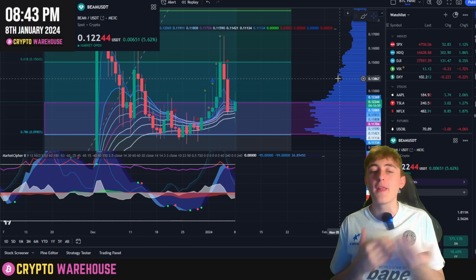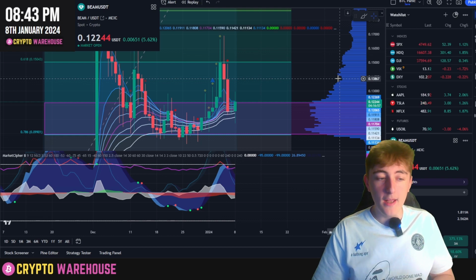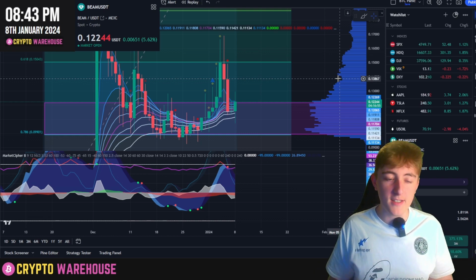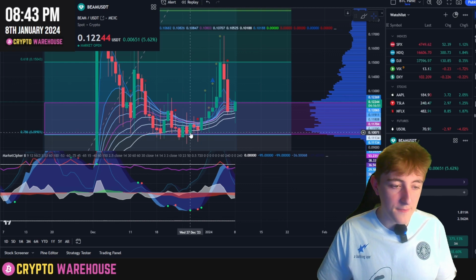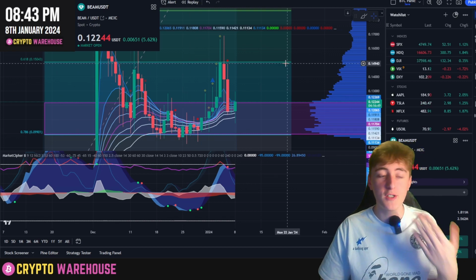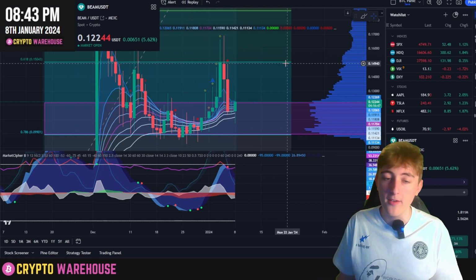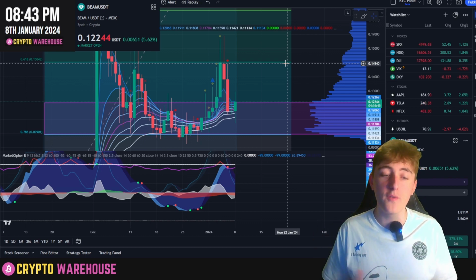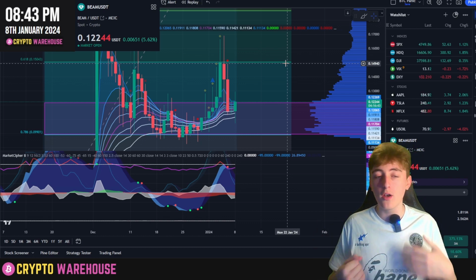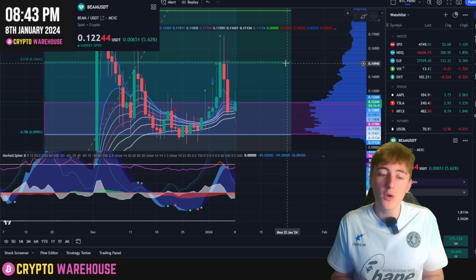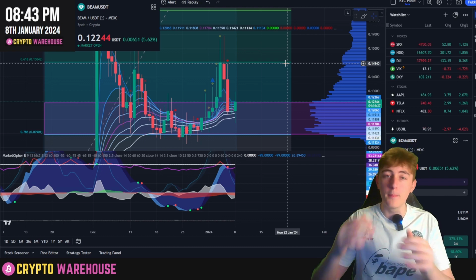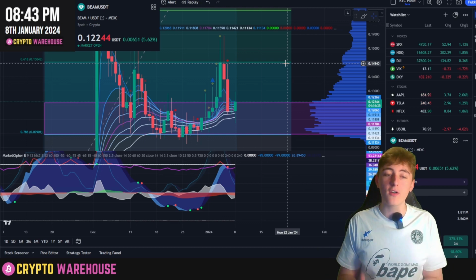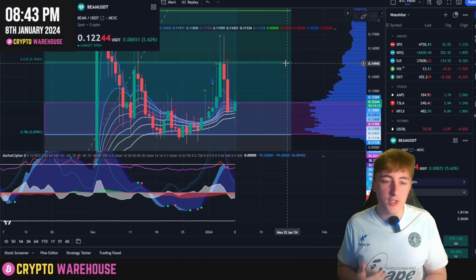The further you go away from that purple line, which I have on here, the more short term they matter. So the purple line is kind of like the deciding factor of if we're going to stay above or below, if we should go bearish or bullish. And what I always say in all my videos is when we're above all these EMA lines, like we are right now, you want to look for more bullish signs rather than bearish. So if you see a lot of bearish, but we're above all these EMA lines, it's not going to have as much